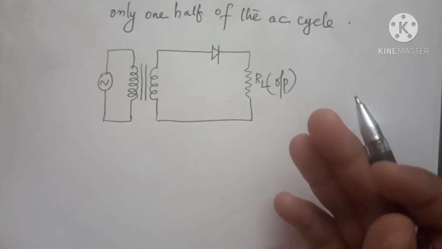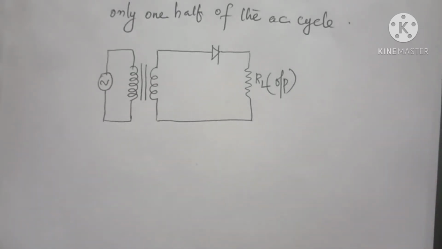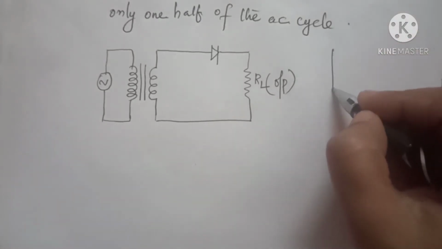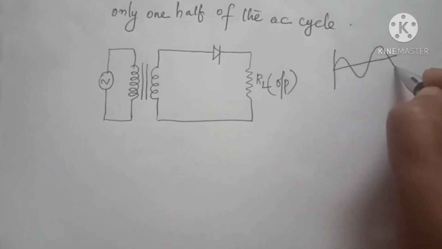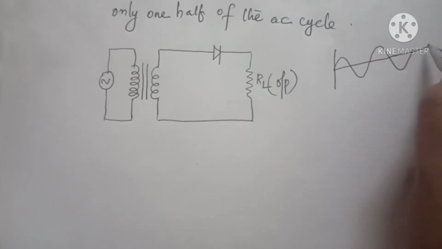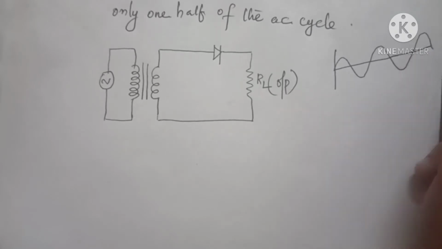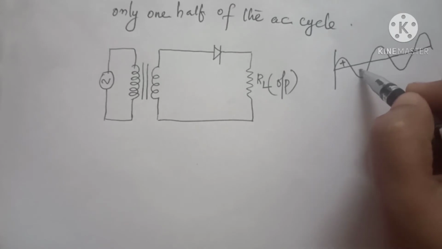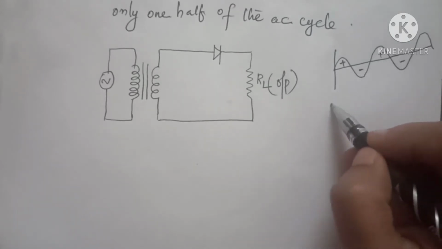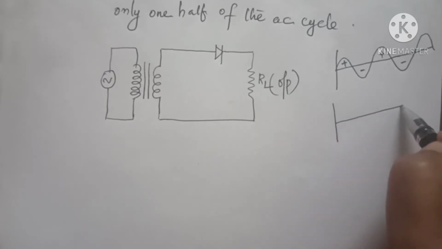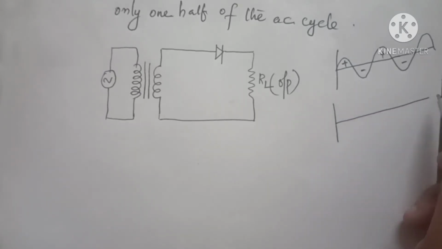and here we want to rectify AC, isn't it? That is, we have to convert AC to DC. For AC, the wave representation is like this. If you are sending an AC or alternating current or alternating voltage, it will be like sine waves in both directions. There is a positive cycle as well as a negative cycle. Positive cycle, negative cycle. Okay, now what is DC? DC means actually we will draw a straight line like this, only straight current, only in one direction.